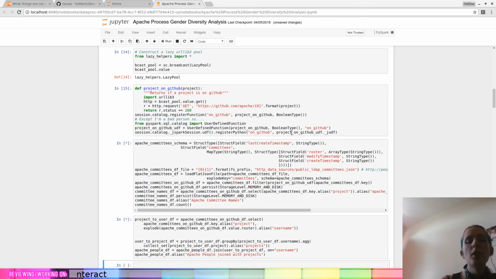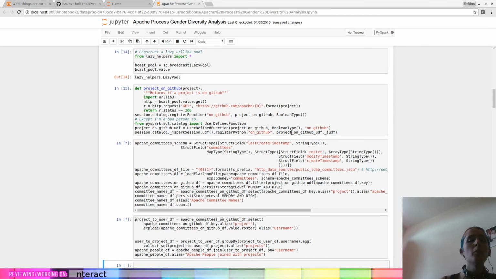the users. So these aren't all of the committers yet. We haven't yet pulled in the Git data. These are just committers and PMC members, and so those are the people who are in charge of deciding what code goes into a project and deciding the culture and organization of an individual project.